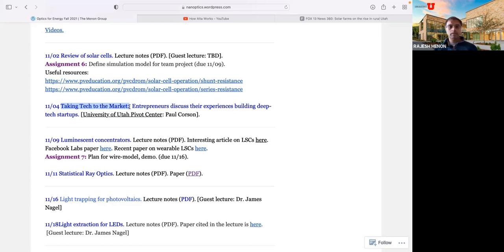So this will be really an interactive panel. In other words, we're going through lots of discussion points and also addressing a lot of your questions as well. So this is your opportunity. It'll be moderated by Paul Corson, who's a deputy director at the University of Utah Pivot Center. For those of you who are not aware of this, Pivot Center is